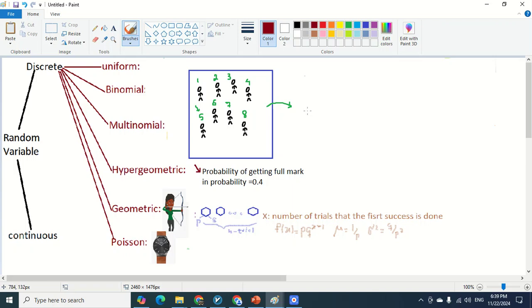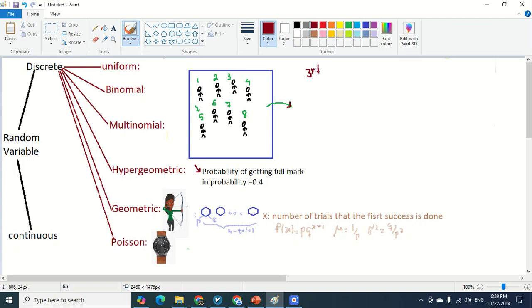So the question is, if the teacher is reading their papers and trying to find the first full mark, what is the probability that the teacher gets the full mark on the third try